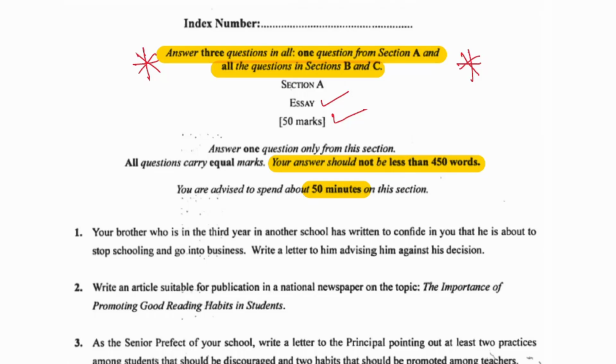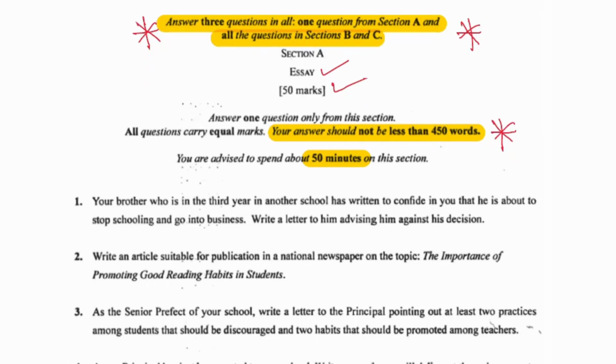The question that students normally have is, how do I compute 450 words? If you want to really get that, just keep on watching. We are going to cover that extensively. An advice for you students: you are advised to spend about 50 minutes on this section. The total paper is 2 hours. You should ensure that whenever you come to the first 50 minutes, you should be moving on to sections B